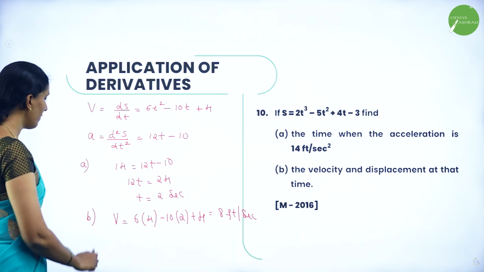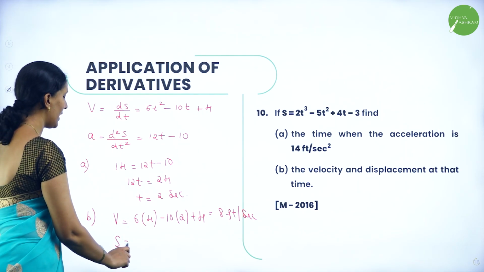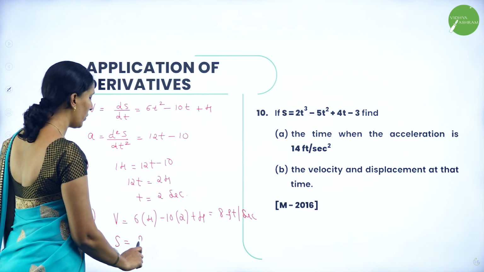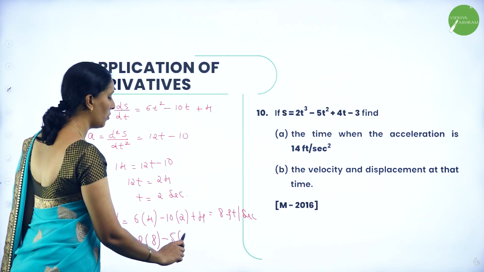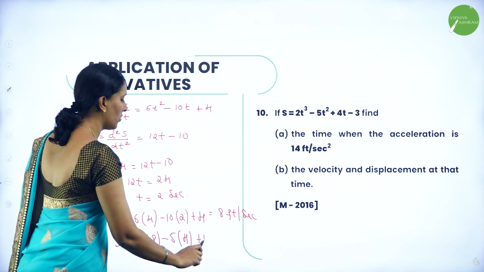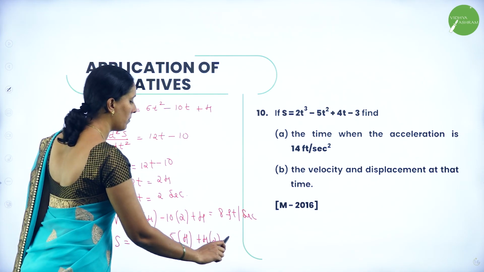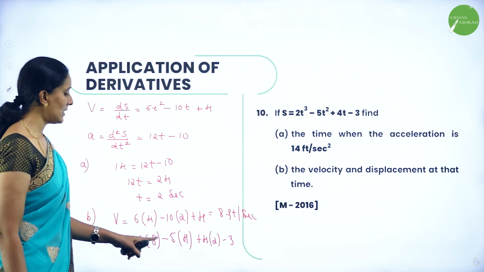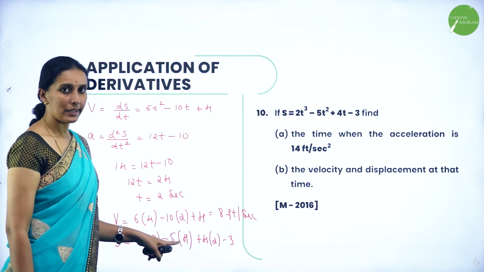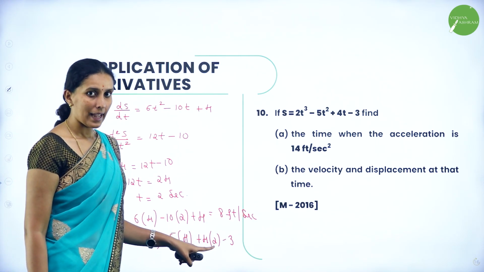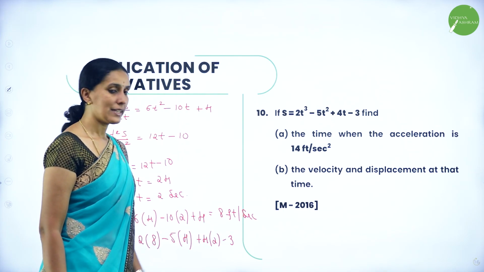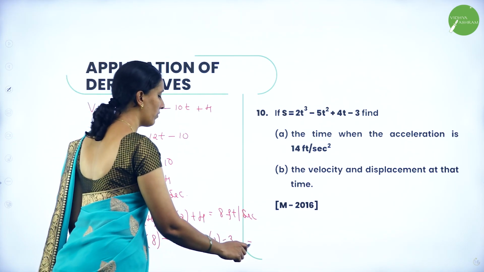So next we have the displacement s. So that is 2 into 8 minus 5 into 4 plus 4 into 2 minus 3. So that is 16 minus 20, which is minus 4. Minus 4 plus 8 is again 4. 4 minus 3 is equal to 1. So therefore the answer is